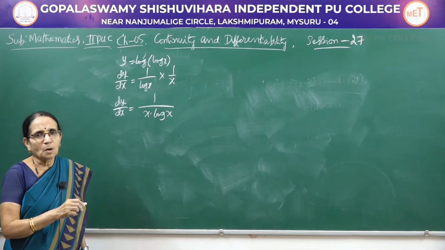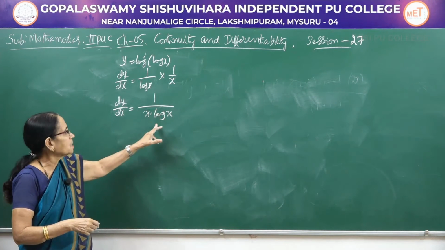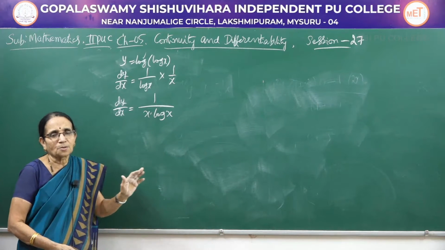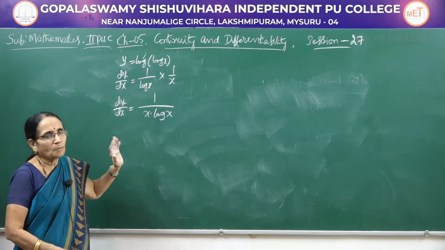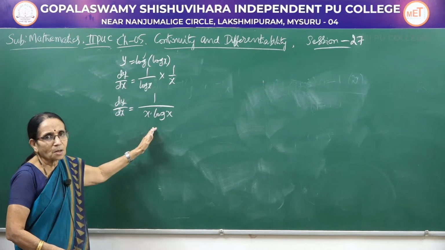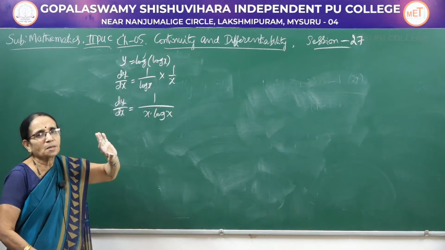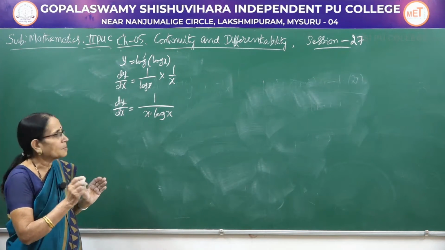See, in the previous problem also, after the first derivative, we had 1 in the numerator and some function in the denominator. I showed both the methods. Either you can apply the quotient rule or you can apply the chain rule. If you take the function as it is, you apply the chain rule, or else you can apply the quotient rule. Both the methods are correct, any one, but apply the rule carefully.